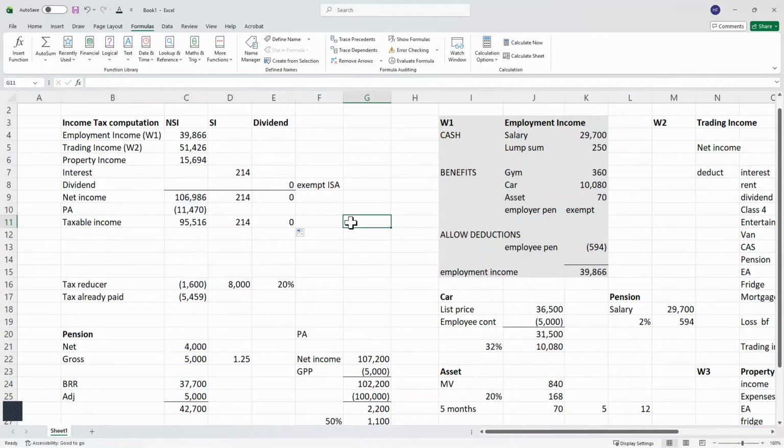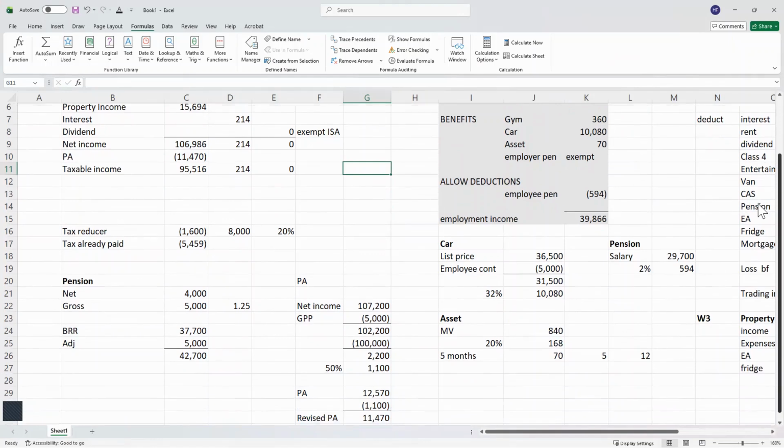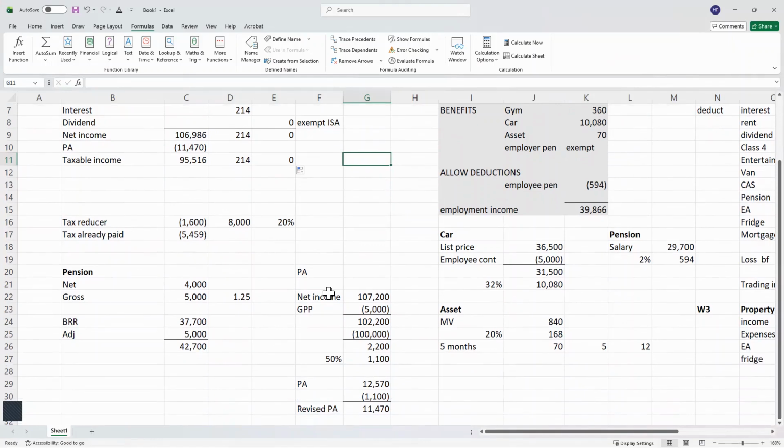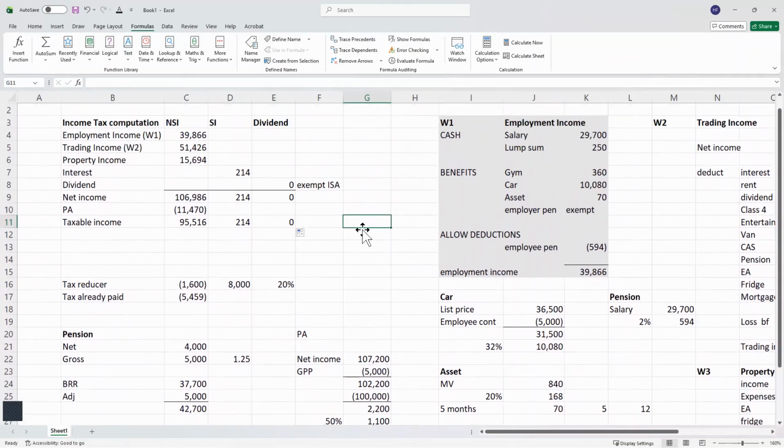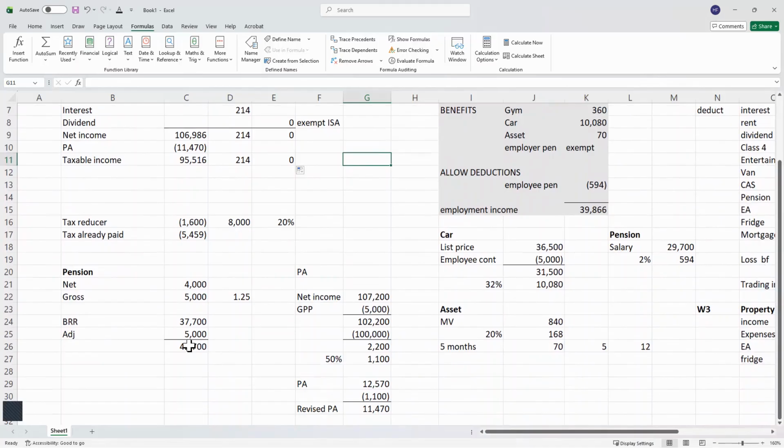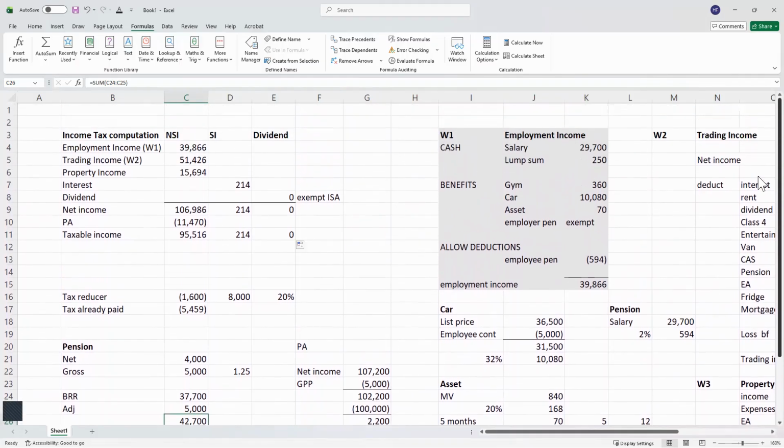When we looked at the pension contribution, we said that we need to extend the bands if Harvey is a higher rate payer. We can see that Harvey will be a higher rate payer as his taxable income is around £96,000. So we only need to adjust the basic rate band. So our revised basic rate band will be 42,700. So giving Harvey more income that is taxed in the basic rate band due to him making a personal pension